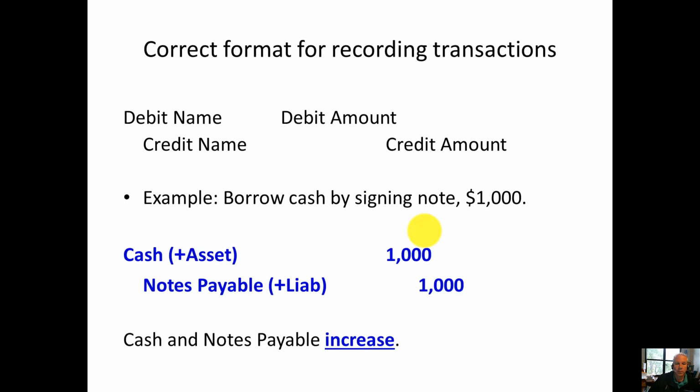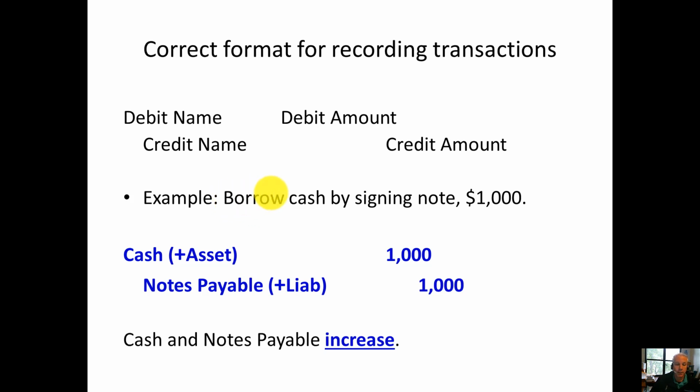Now let's do a little bit of a review. Let's look at the correct format for recording transactions, or what I said in the second and third part of my language metaphor, that we'd learn to write in the accounting language. Let's look at this simple example where we're going to borrow cash by signing a $1,000 note. The sight word here, borrow, is very important. It means that you're borrowing, and if you're borrowing something in your own personal lives, that means you're getting more liabilities. So the company, remember, you always record transactions from the company's perspective.